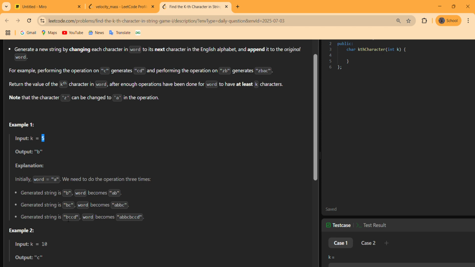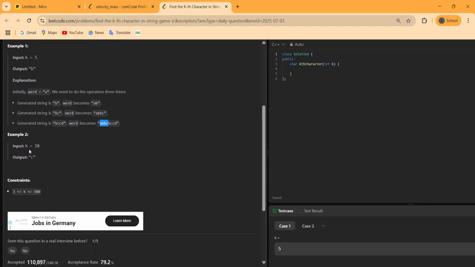The generated string is "bccd", so we append it to the word, and this time our word becomes "abbcbccd". Now the word has at least k characters, so we stop performing operations and just return the kth character. The kth character in this example is the fifth character, that means b, so we return b as our answer for this test case.